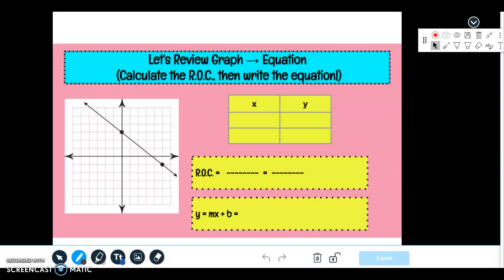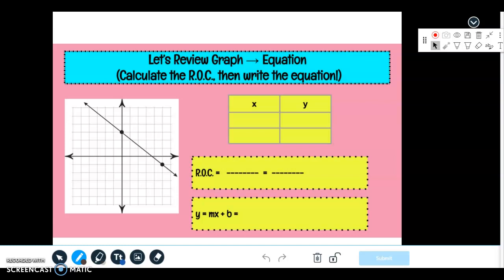Hello everybody, as promised, I'm making a short little video for you, just letting you know how we actually work with a graph and points that are along a line on that graph to come up with the equation for a line. So remember, in order to figure out what the equation for a line is, you're going to need